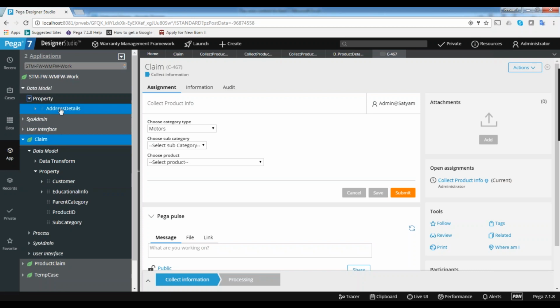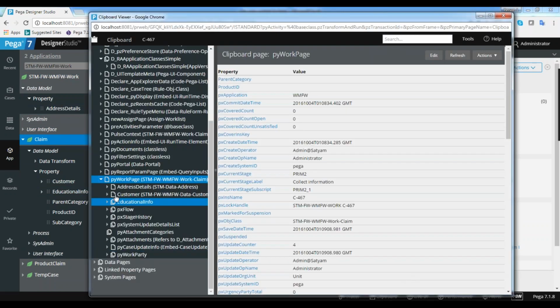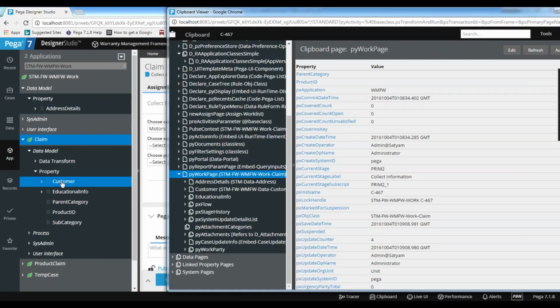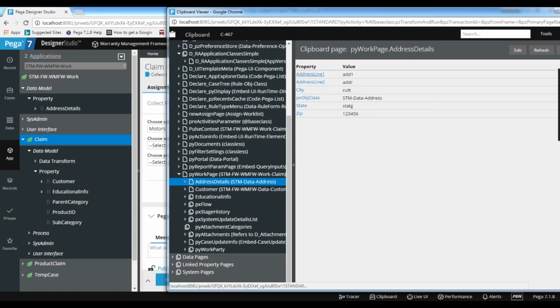So I have all the three properties: address details, customer, educational info. We can show those three properties here. These are page-level properties, but again part of the work object. That is why these are called embedded pages. If you want to see the data in that page, click on that page name again. You can see the data again. Whatever data I have given in the first screen is coming.